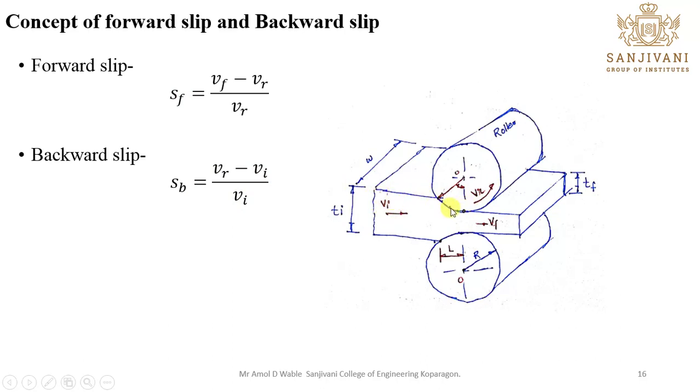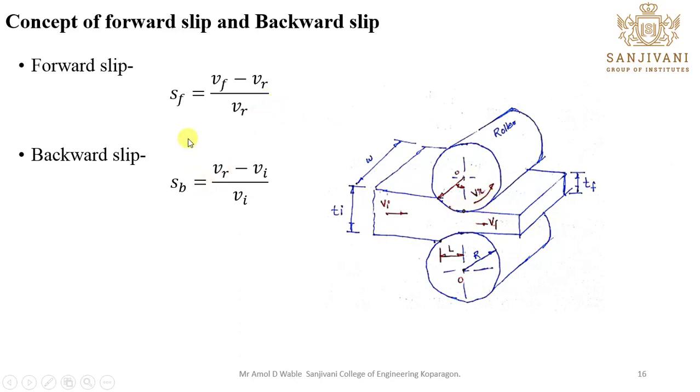Further, when it passes through the roller, the material gets squeezed between the rollers, and it will try to flow fast from this part, or try to escape fast. In this case, the velocity of your workpiece will be more compared to the velocity of the roller. Again, due to the velocity difference, we find a forward slip. So there will be a slip between the surface of the roller and the surface of the workpiece.